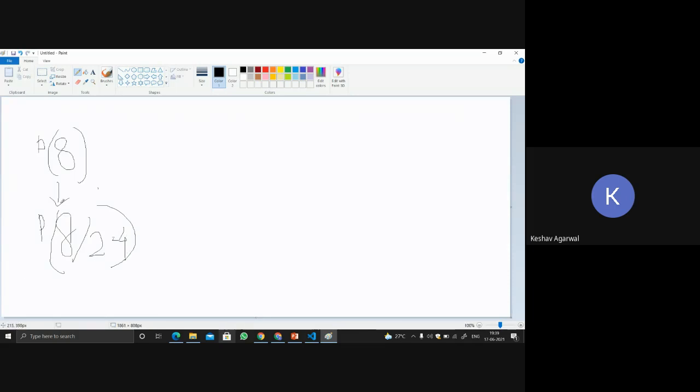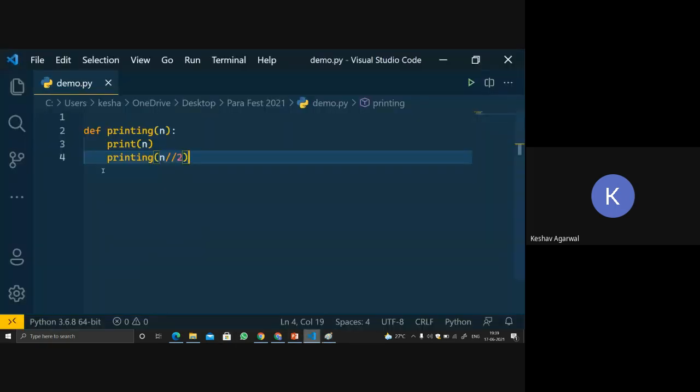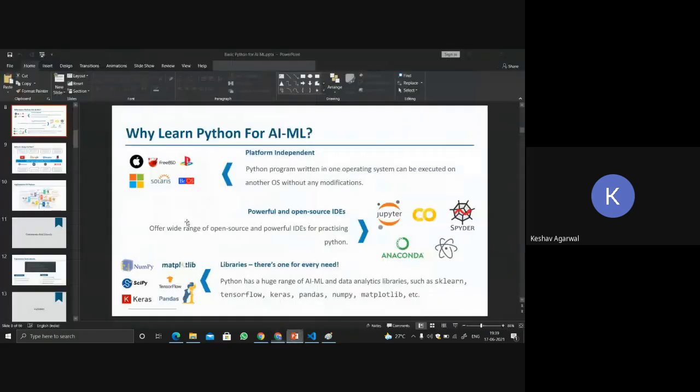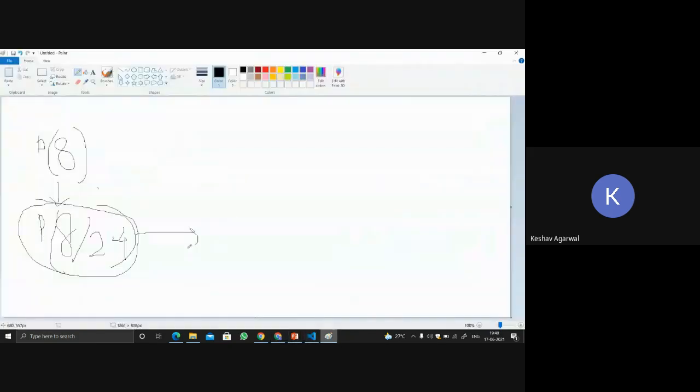Now what will happen with this function is it will again go to the body. Over here the value is 4. In the start it was 8, but now the value is 4. So again we will call the function p, and this time we will divide it by 2 again. So p divided by 2 is equal to 2.